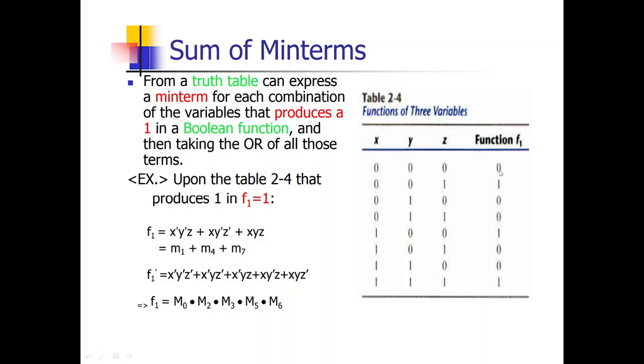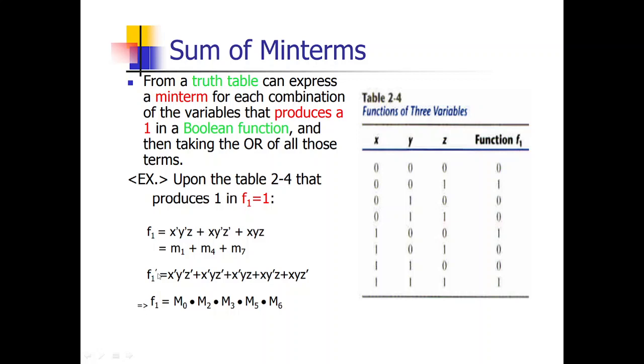We have to consider the minterms whose function value is 0 here. So here is 0, the corresponding minterm is 0 0 0, it is x dash y dash z dash. And here is a 0, so it is 0 1 0, which is nothing but x dash y z dash. And here is 0, this minterm is 0 1 1, so it is x dash y z. And here is 0, that minterm is 1 0 1, it is x y dash z, and this 0, it is x y z dash, right? So this Boolean function is considered as f1 dash.